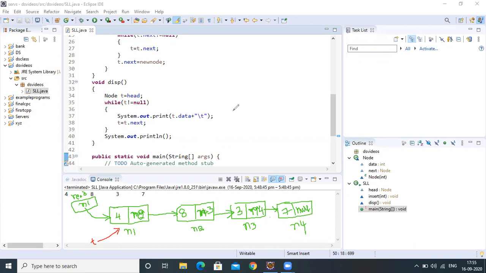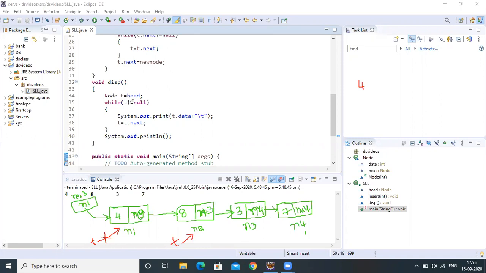It will display the t dot data. Then this process will repeat until t is not equal to null. Whether t is equal to null? No. So it will come to here, it will display the 4. Then t is equal to t dot next. So what is the t dot next value? n2. Now t will refer the node n2.